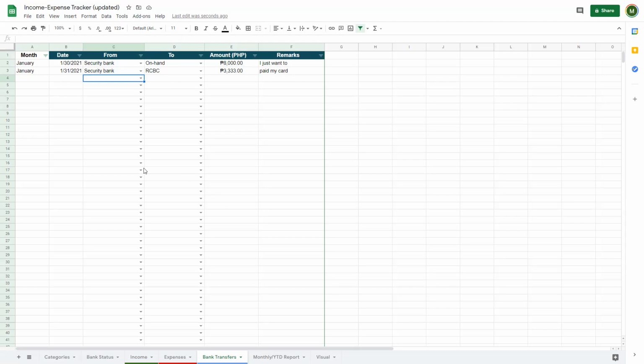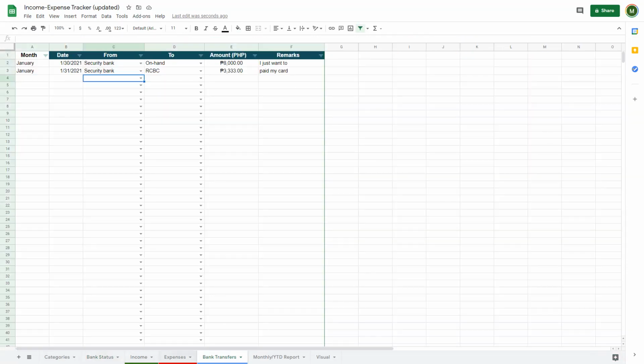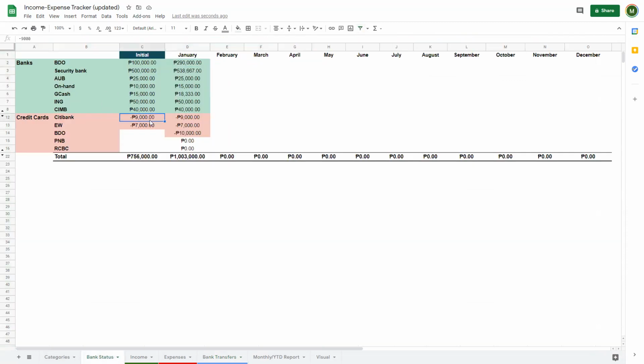So for you to conveniently monitor where your cash goes, I've made this sheet and it will automatically update the bank status. But that's the example between banks, so bank to bank. But for example, let's try to pay this credit card. Notice that the January initial is